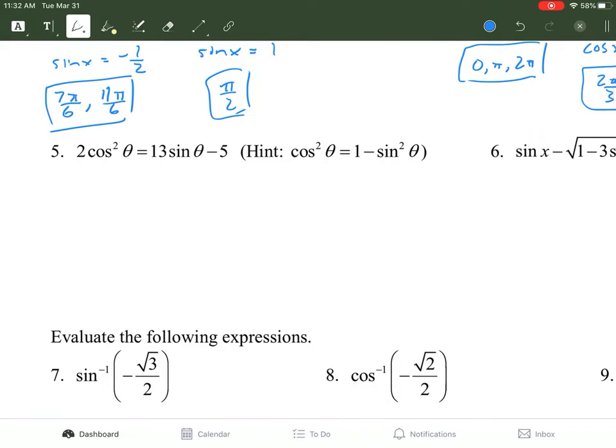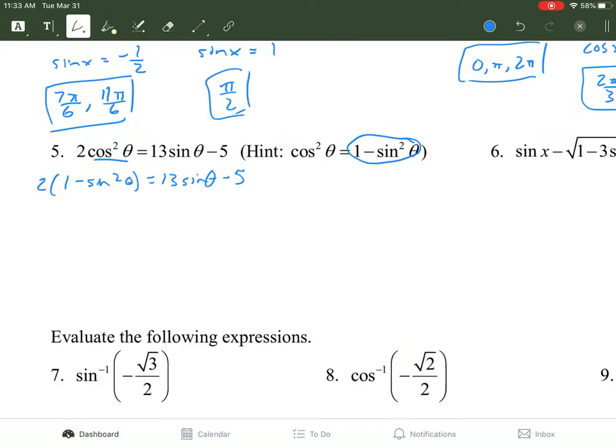All right, next one's a little complicated, but there's a hint for you. So we're going to take our cosine squared in here and use our hint. We're going to replace cosine squared with 1 minus sine squared. So we're going to have 2 stay, and then replace the cosine squared with 1 minus sine squared theta. And that's going to equal 13 sine